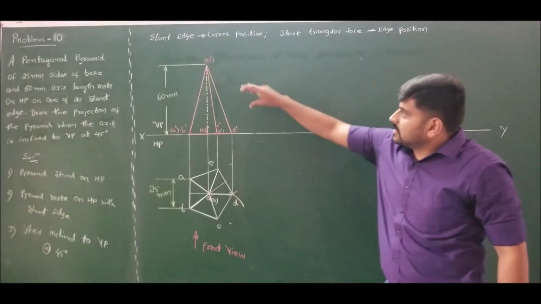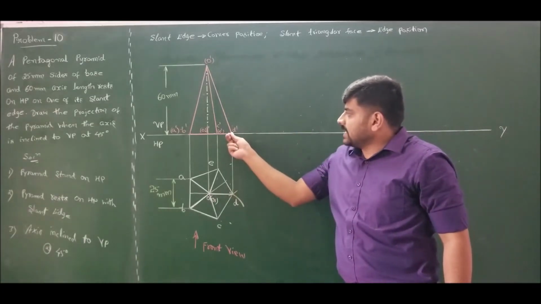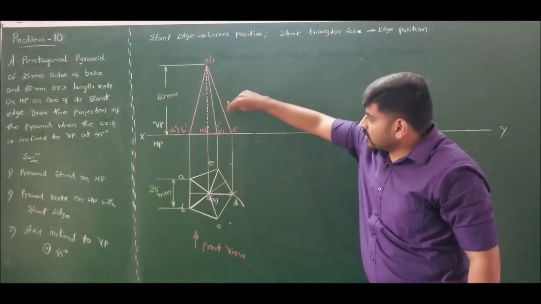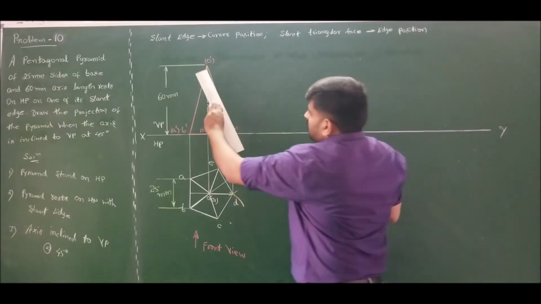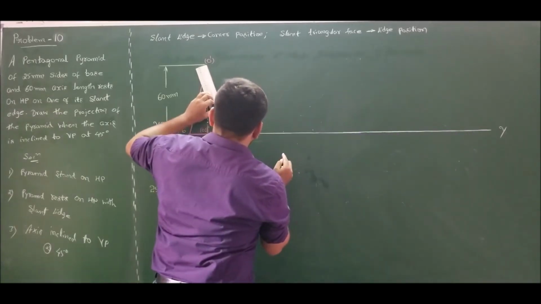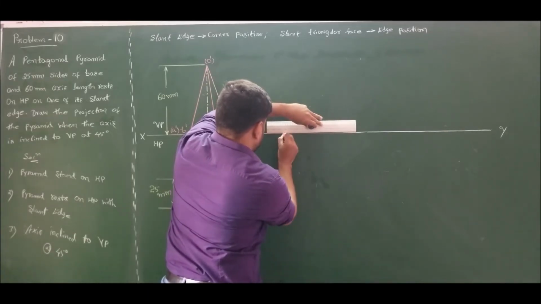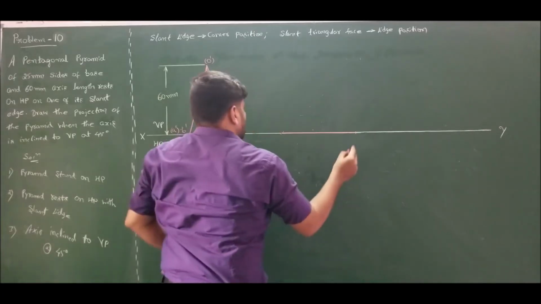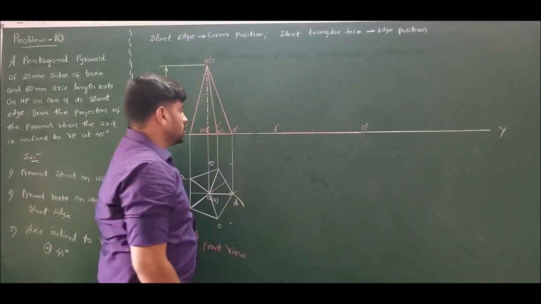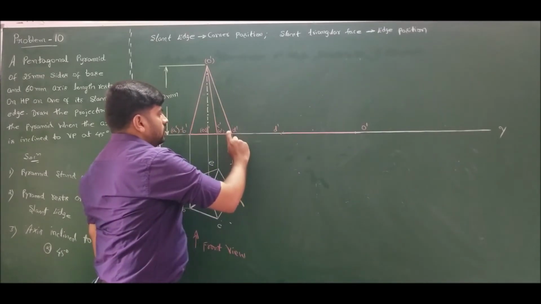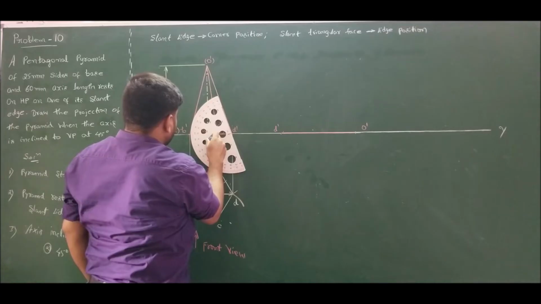Now in the second position, rest this pentagonal pyramid on its slant edge D prime, O prime. So therefore rotate it clockwise and draw D prime, O prime. So measuring D prime, O prime and transferring it, I will get O prime and D prime. Now measure this angle between the slant edge and the base. The base is inclined at an angle of